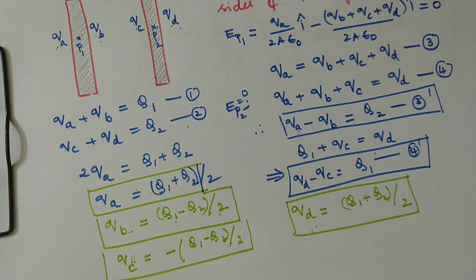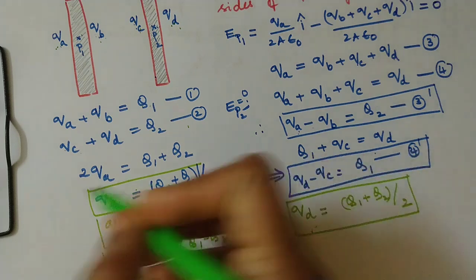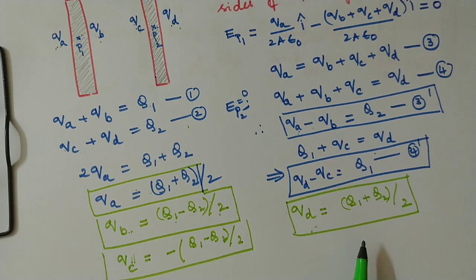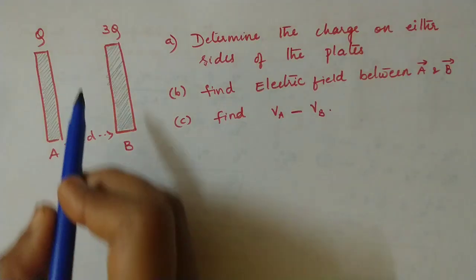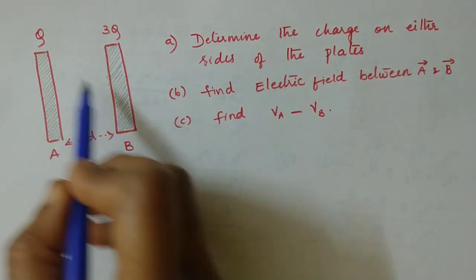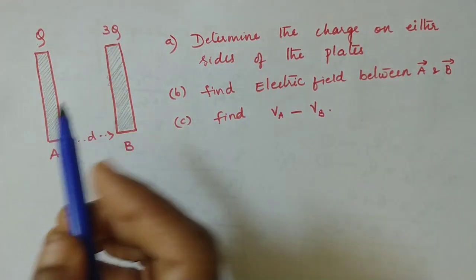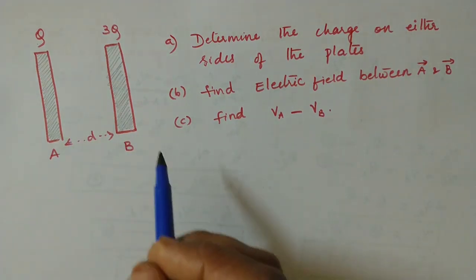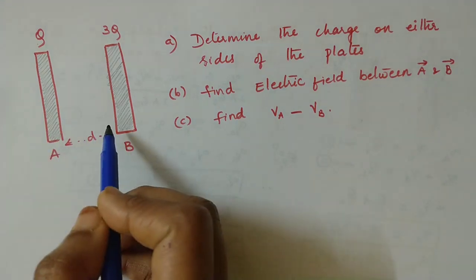But for solving the remaining questions, we are not going to write such lengthy relations, because it is only for the first time that I have to show you how the charge distribution has taken place. Now look at this question. Again, I am giving you two conducting plates. This is given a charge Q and this is given a charge 3Q. Now we can directly make use of the result we have studied in the previous example. I am not going to write the equations and solve them. Do it in a single step.